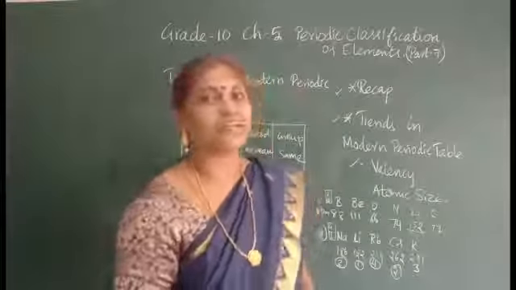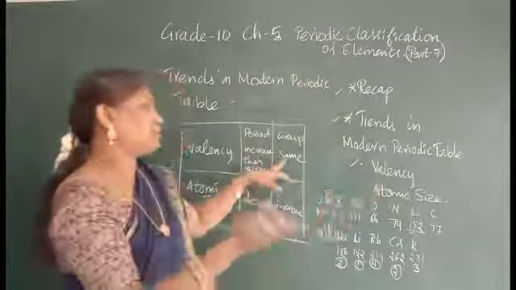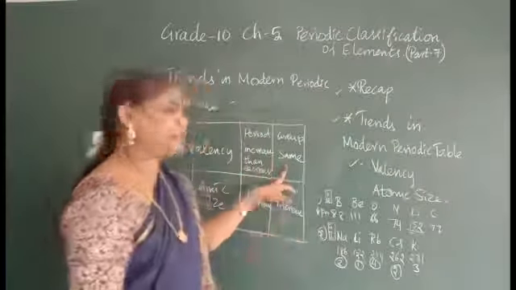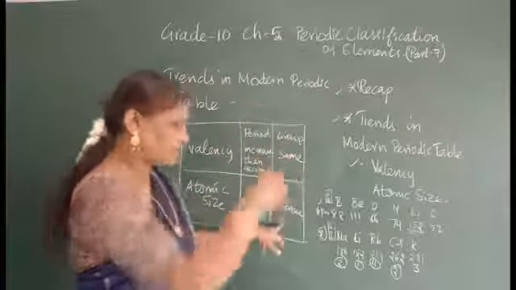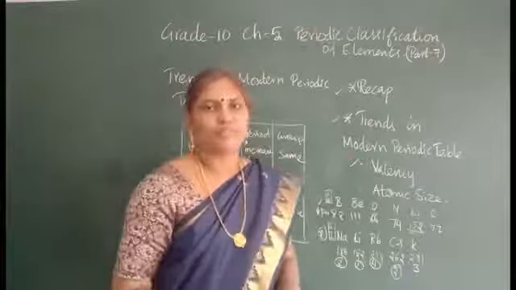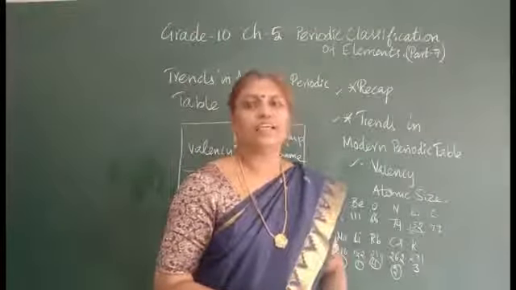In the period, valency is increasing and then decreasing, and in group it will be same. The atomic size decreases in the period and increases in the group. Okay, we will see the metallic and non-metallic character in period and group in the next